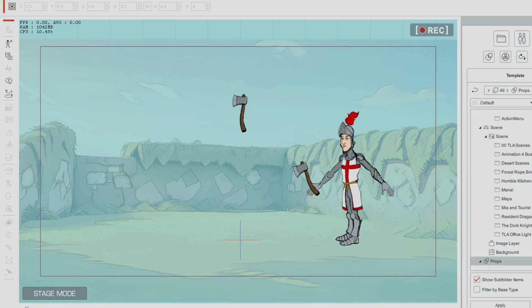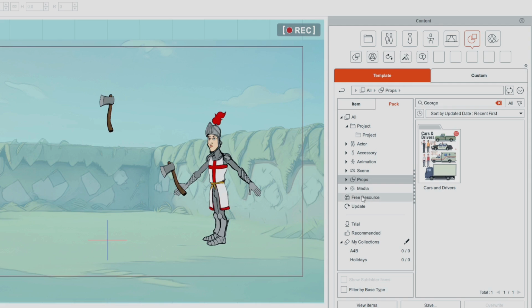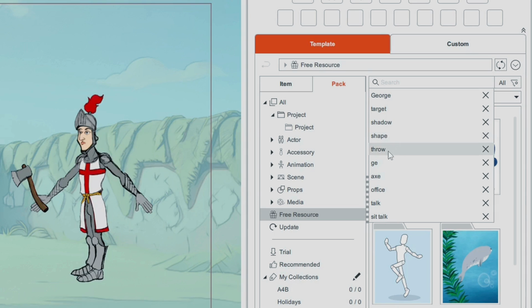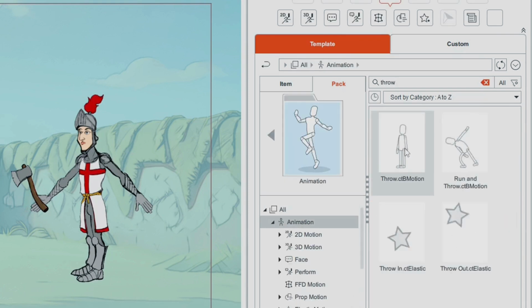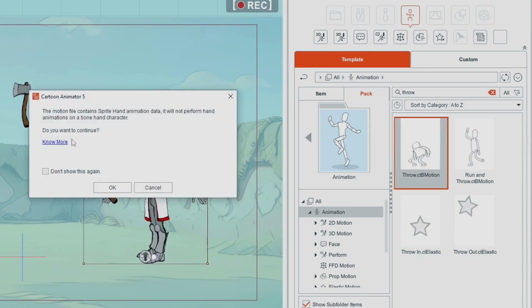And the throwing action that I use is one that comes in the free resource pack. So we'll go into free resources and search for throw. This free resource pack comes up indicating it's got some throw motion clips in it, so just open that up. Here we've got a throw and we've got a run and throw. I'm going to use just the throw motion, so we'll select George here, double click that motion,